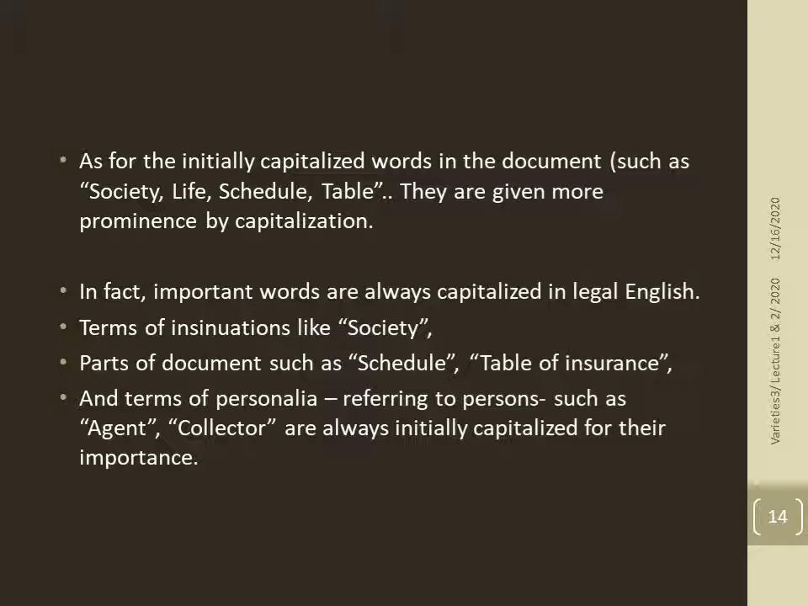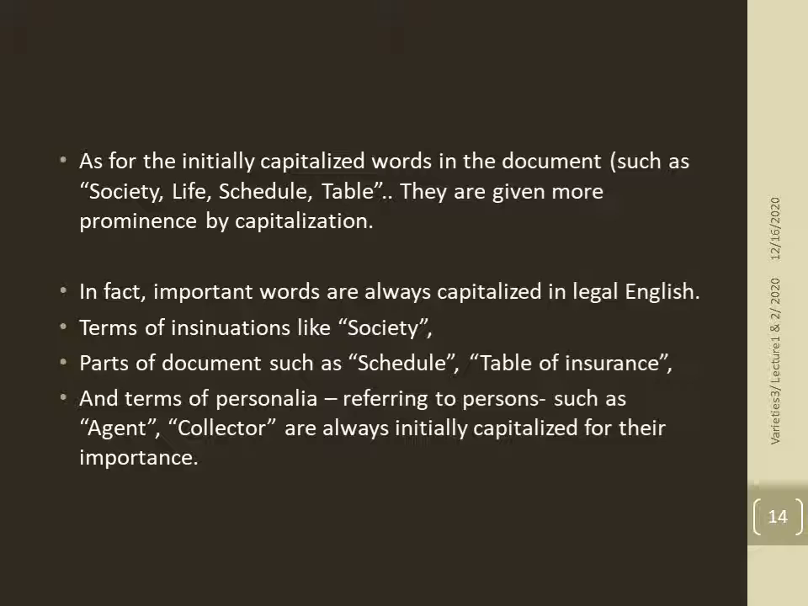Okay, in fact, important words are always capitalized in legal English. They can be, usually they are initially capitalized, and this is just to show that this word is important and should be taken into account and consideration when reading the whole